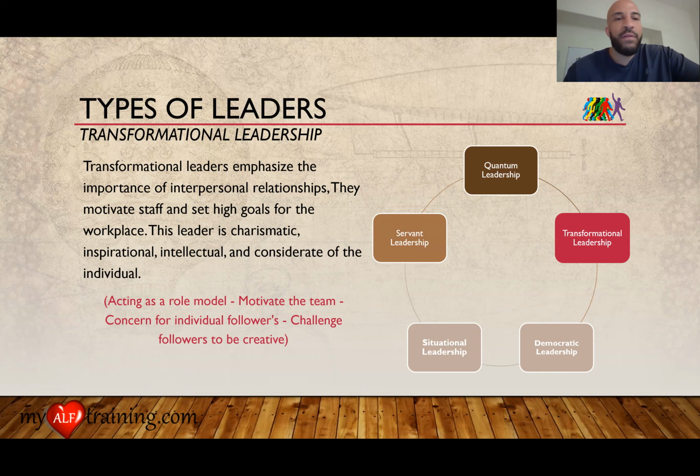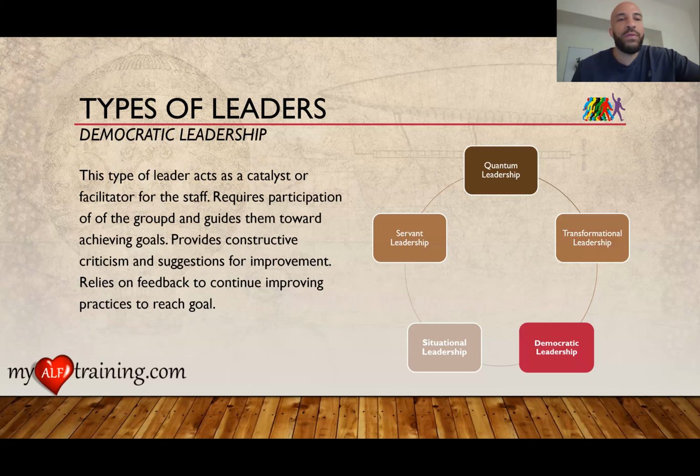So reading this definition just made me think of that leader, and that's always the type of leader that I've wanted to grow myself into, and who I try and model my behavior professionally after, is my leader who was a transformational leader. So is this someone you work with? Is this the type of leader you want to become? This is what you guys need to be thinking about if you're trying to grow yourself into an effective leader.